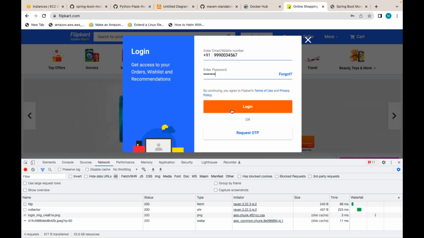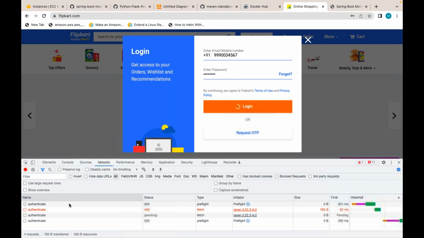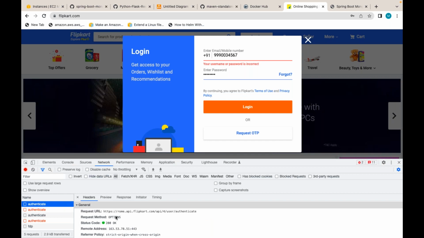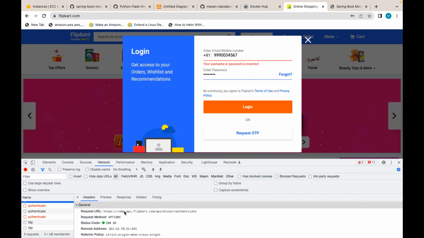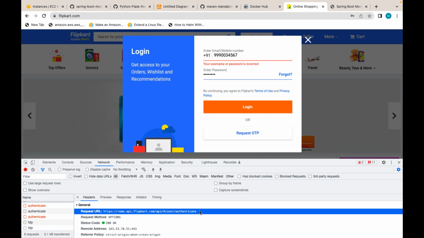Now the moment we click on submit here, if you see, is it making some call in the background? If you see, the request is going to some APIs, some code. When I click on this submit button, it is making some call, which